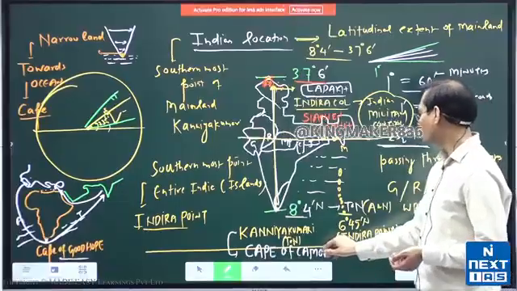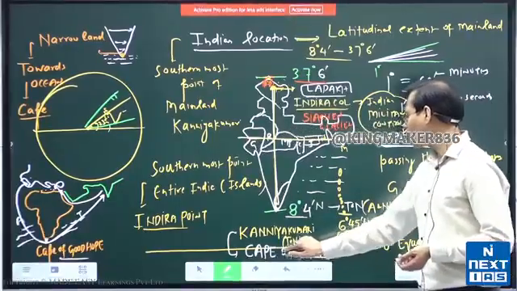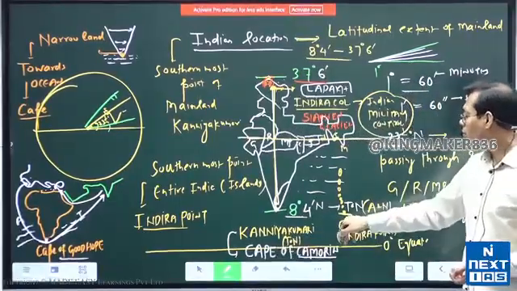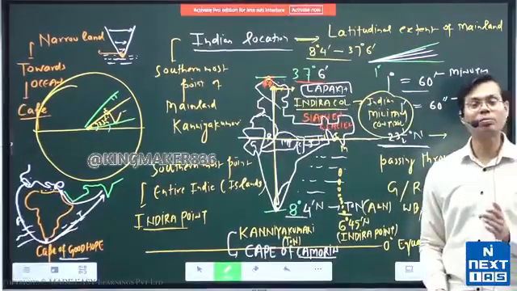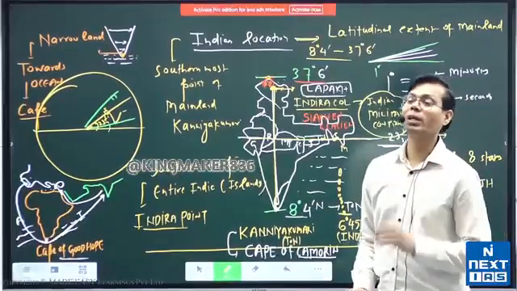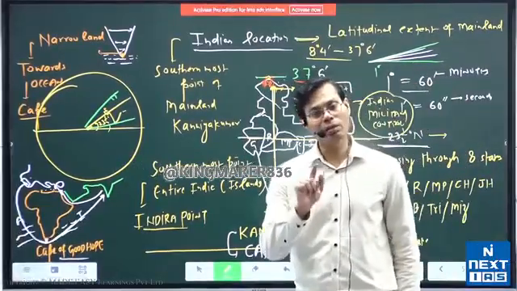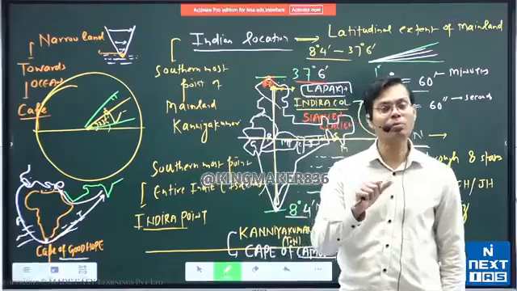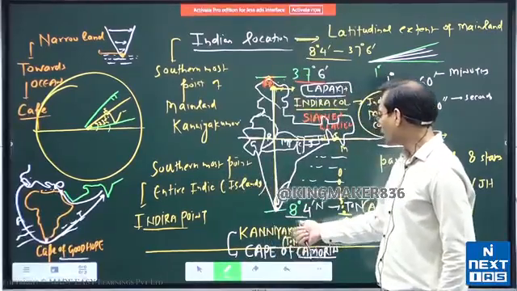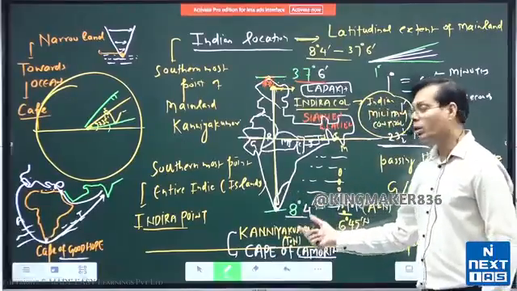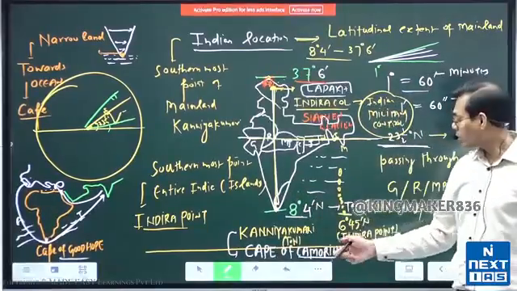But why do we call that Camorin? Cape of Camorin. Kanyakumari, another name. So you know very well, once Europeans came to India, they could not pronounce Kanyakumari. They said it is Cape, and they had to say Cape Kanyakumari. तो कन्या तो छोड़िए, कुमारी भी नहीं बोल पा रहे थे, तो वो कैमरी कैमरी बोल रहे थे, कैमरिन। कैमरी, तो उसी से आ गया कैमरिन।